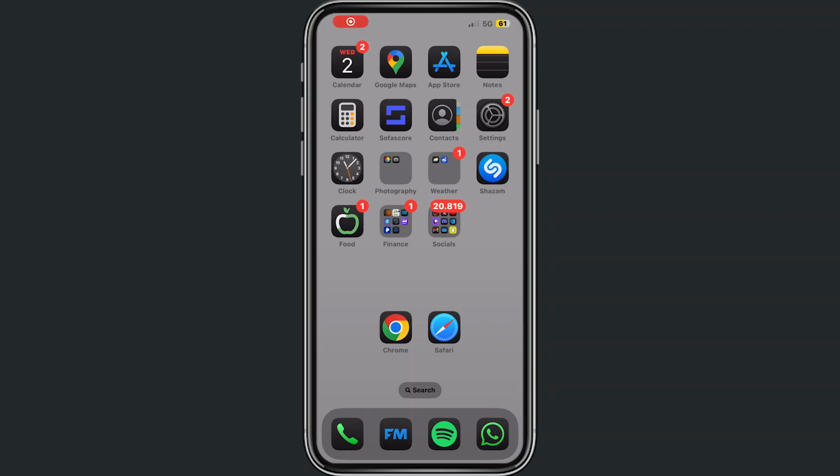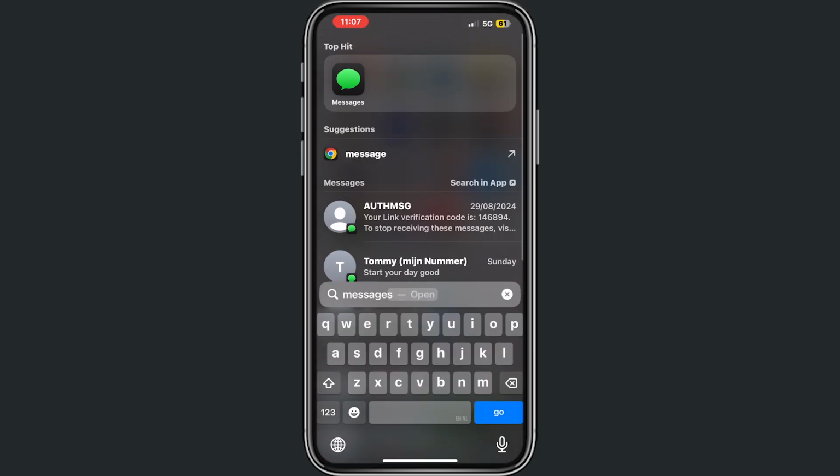Hey you, and welcome to this video where I will help you out how to add text effects on iOS 18 on your iPhone. And this is quite simple, so I will show you this as quick as possible how you can do this. So right now, if I scroll down on my screen, we want to go to messages,